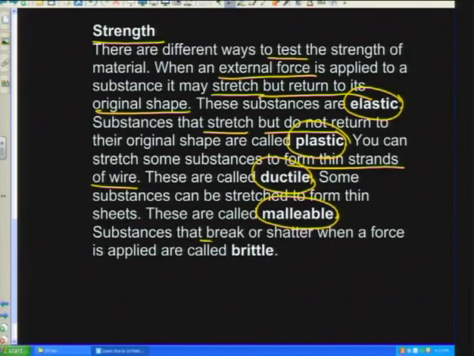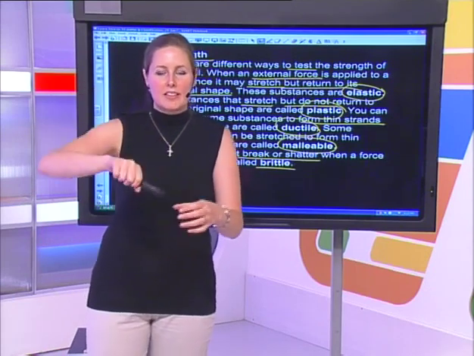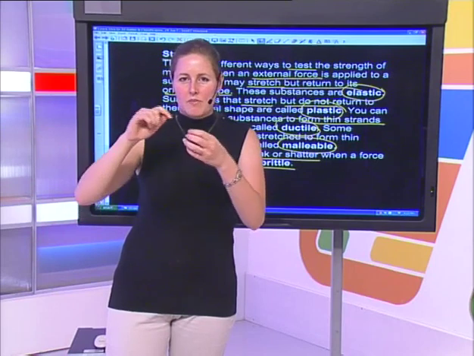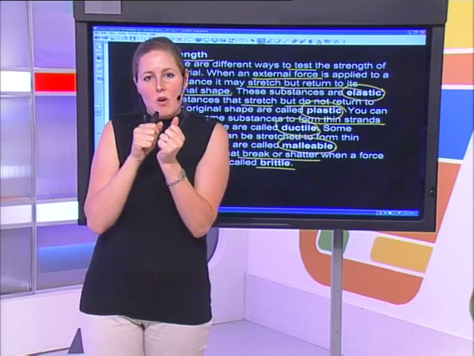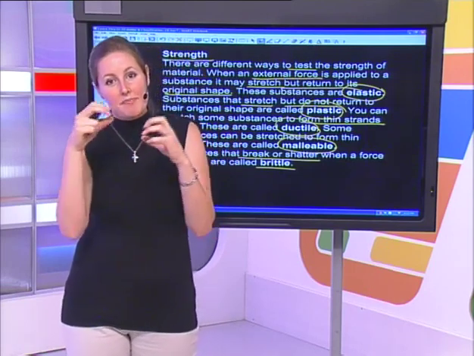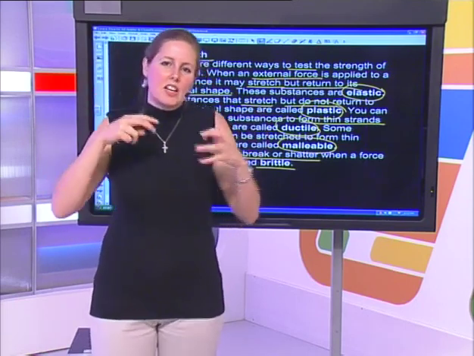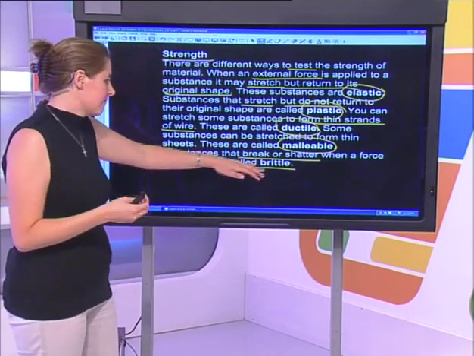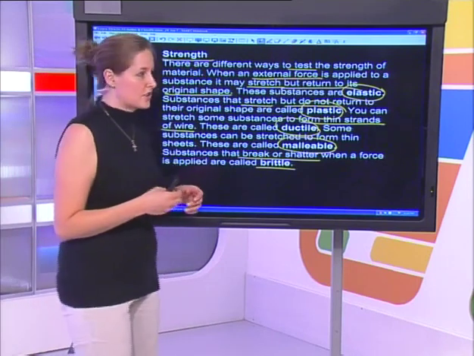Substances that break or shatter when a force is applied are called brittle. Now here I'm thinking of something like a salt crystal. You know those salt grinders or pepper grinders. Salt crystal though, if you apply a force to just the one surface, what's going to happen is that all those particles shift over by one or a few ions along the line and actually force each other apart, and so they are very, very brittle, and so they shatter when a force is applied to the one side.